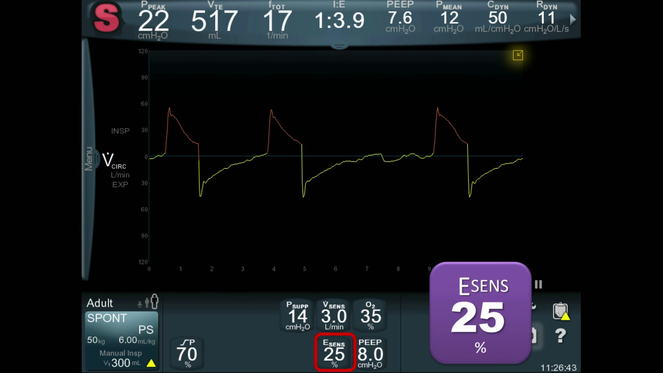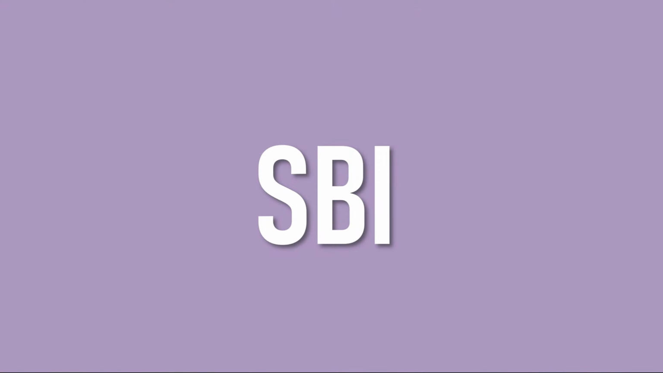The patient is taking a breath and the peak flow is about 60 liters, and from this you know that that breath is going to cycle off at 25%, 15 liters. I want to introduce you to a concept that makes understanding pressure support ventilation very simple, and it's known as